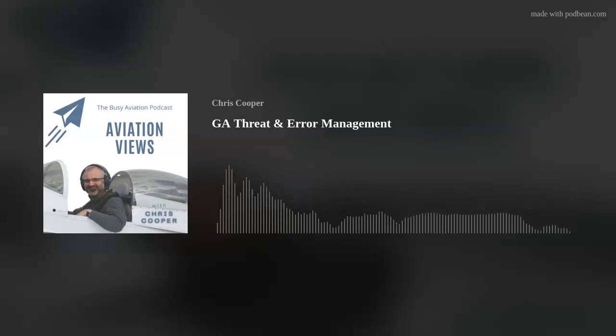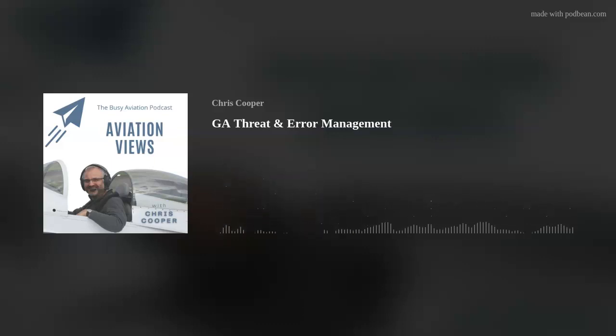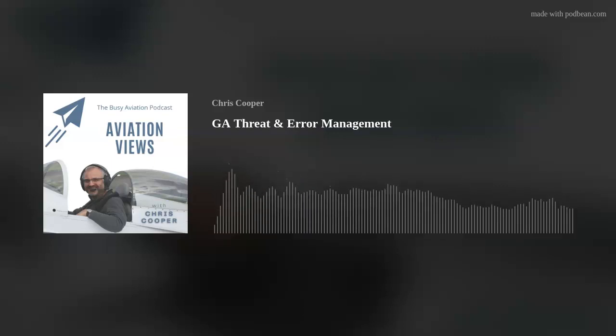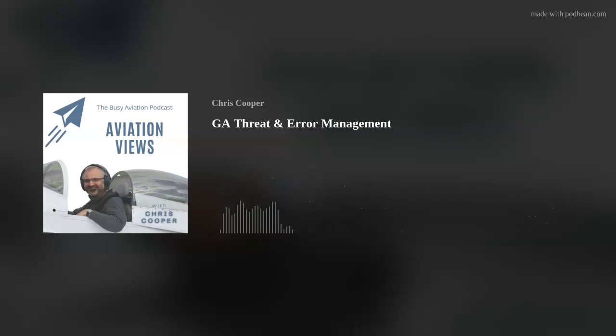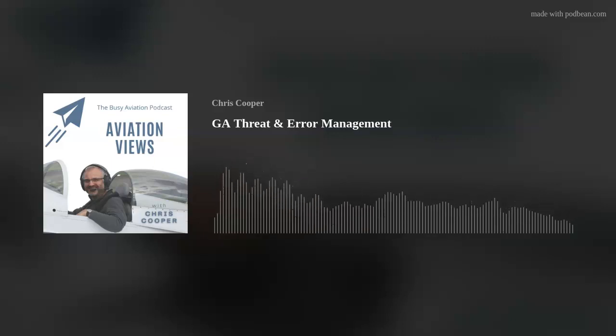LOSA achieves this by using normal line pilots who have been on a small training course to go flying with normal crews on normal flights and just watch what happens. And it's quite interesting that on these flights, the amount of errors or threats that are picked up, which we don't normally see, for example, on a normal check flight where everyone is hyper alert to what is about to happen. So I suppose what I'm saying is go flying with a friend, go flying with somebody and ask them, say, at the end of the flight, did I do anything there that you found unusual, unexpected, or that you wouldn't do yourself? Really can be very useful.